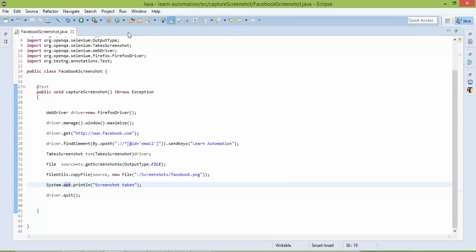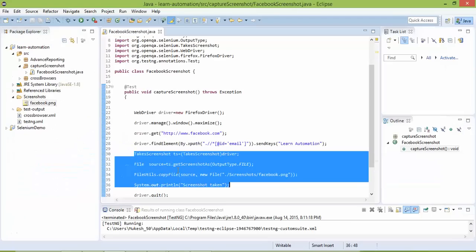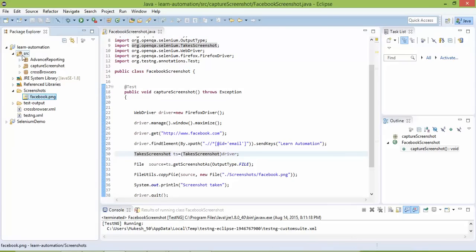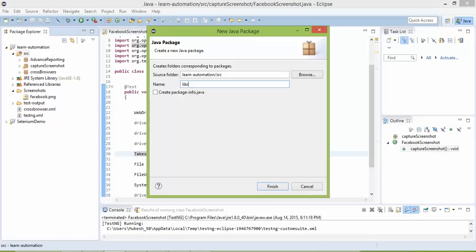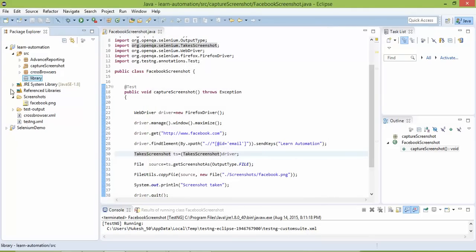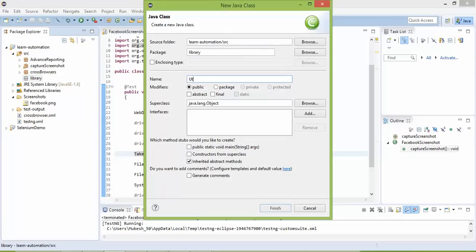Okay. Now the good point. Now if I write 2 or 3 more scripts, definitely I will repeat the same code. So let's quickly create a library for this. What I will do, I will create a separate folder so that we can reuse it. I will create a separate folder called library. In library folder, I will create a separate class called utility. Okay, you can give any name, but better give utility so that we can keep some more libraries in this class which we can reuse.